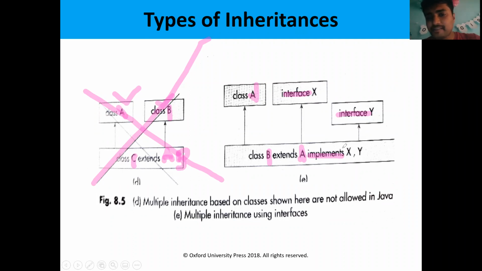Implements is a keyword used to represent interfaces. Extends is a keyword to perform inheritance. Implements is also a keyword which is used in the interface concept. So like this, we can implement multiple inheritance in Java. That means at a time we don't have more than one superclass. Java has only one superclass.